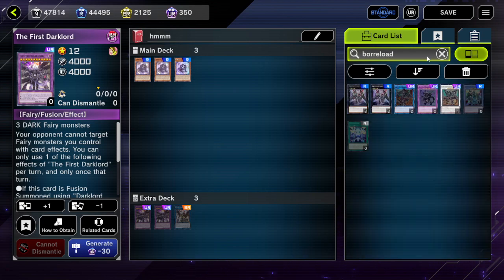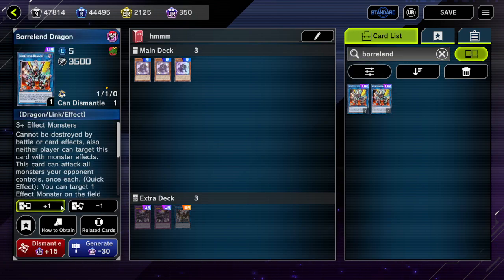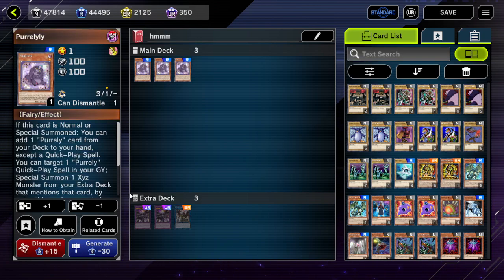So let's see, Borreload. Not Borreload. Borrelend. So, Borrelend. Does this target? Yes, it does indeed target. So, Borrelend does not negate. Although, removing Borrelend is a little awkward, although it's very possible. So normally, in theory, if your opponent somehow does manage to make Borrelend, and let's say you do have a copy of